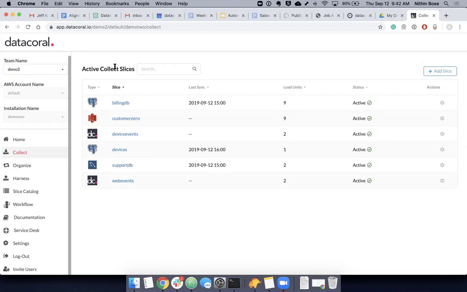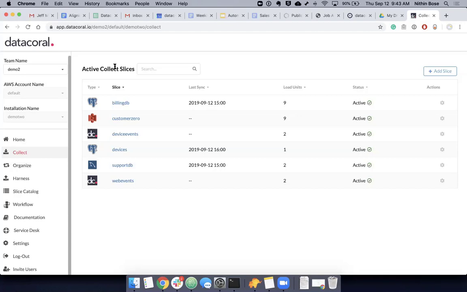We have connectors from your popular databases, like MySQL, Postgres, Mongo, and whatnot. We also have connectors to a ton of SaaS APIs, where our team has built a tremendous amount of IP, ranging from finance to sales to engineering to operations to support.